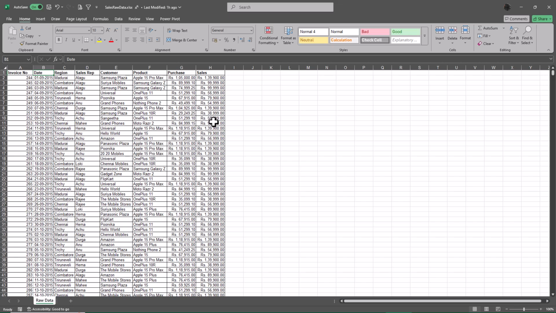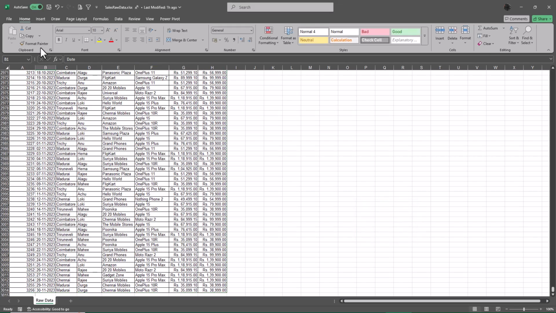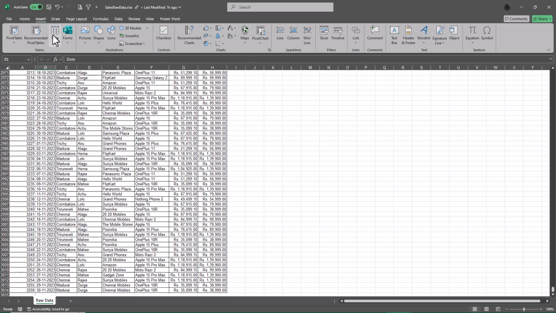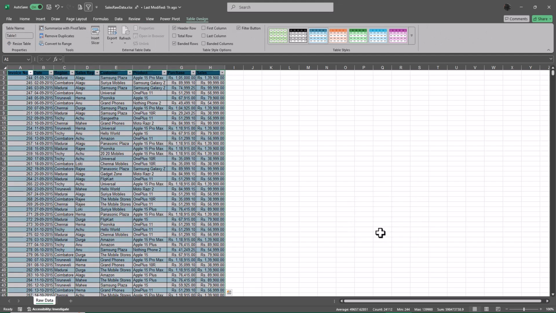Now I want to convert this into a table. Converting into a table is an easy job. Control T is the keyboard shortcut. If you don't want to use Control T, go to the Insert tab and click the table feature in Insert. That gives you the same result. When I click OK, it colors the entire range for me, with a default color and alternate row colors and so forth. I'm going to call this sales table,